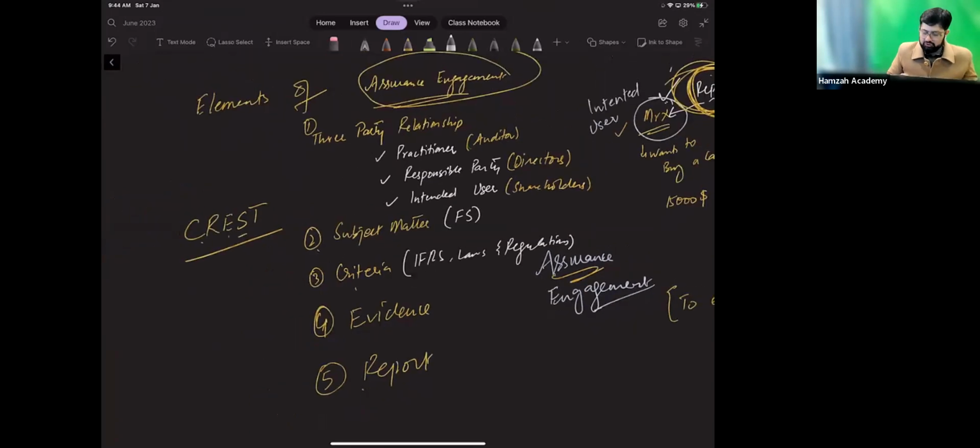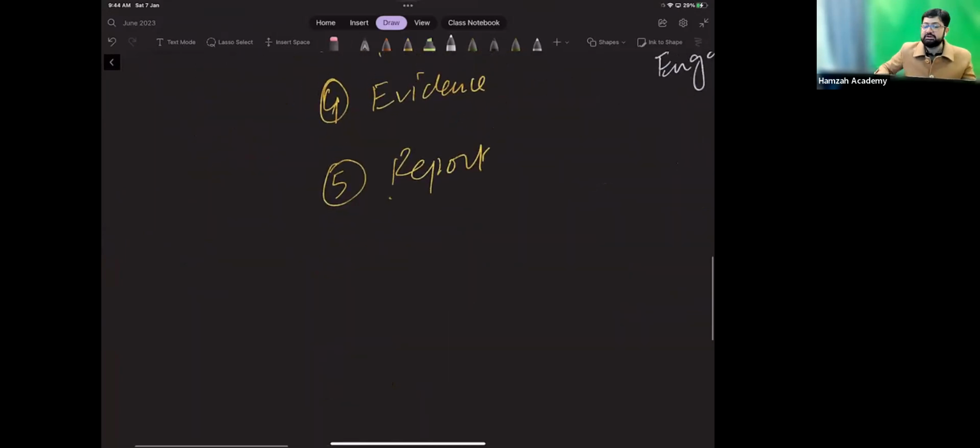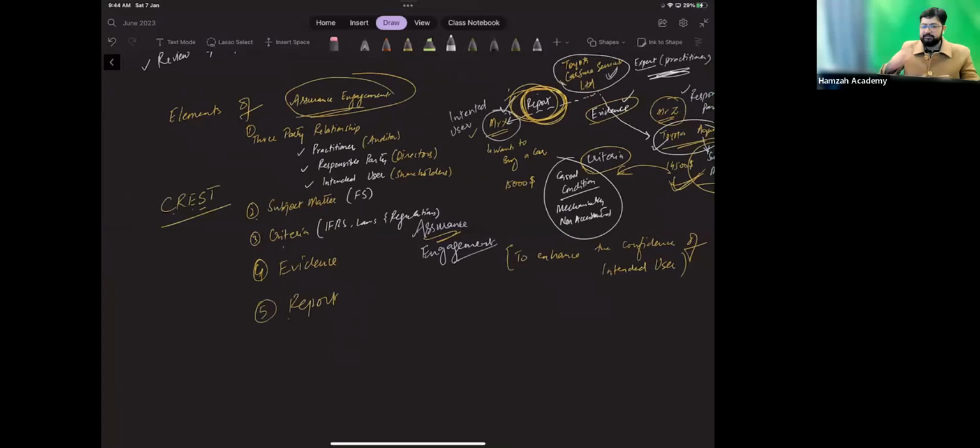Next. So, what is assurance engagement? The definition I will be putting in words. So students, please note down, I will dictate. An assurance engagement is a 3-party relationship in which